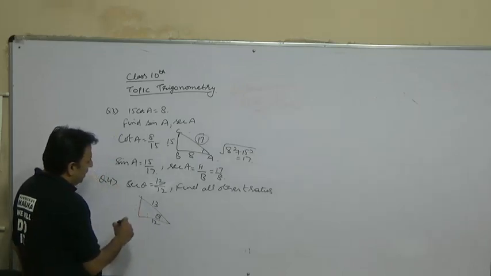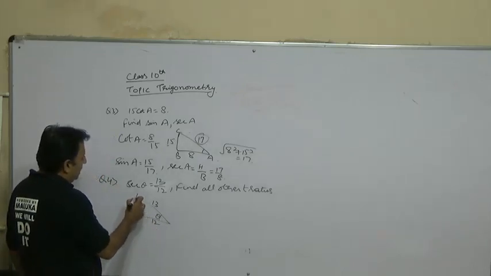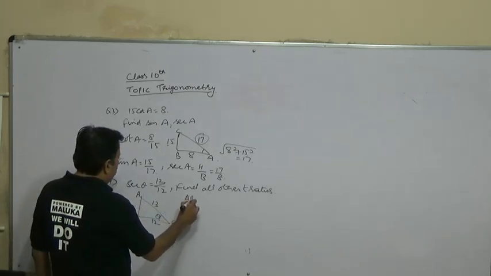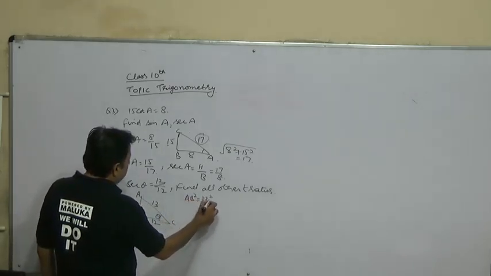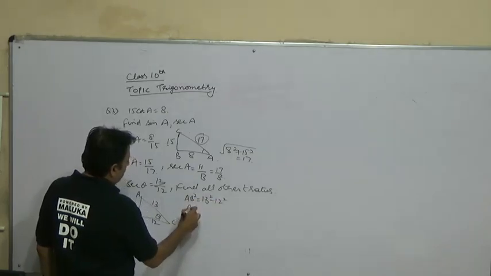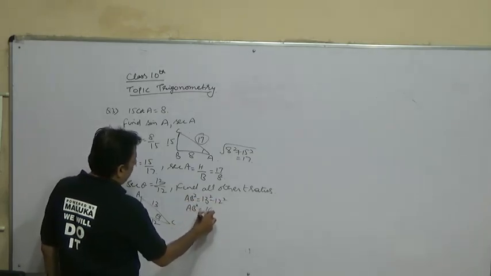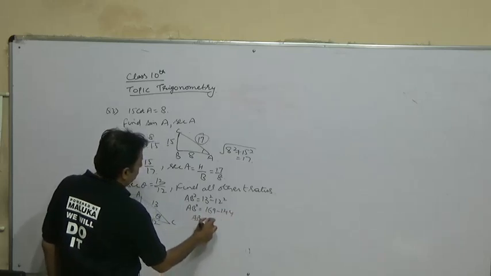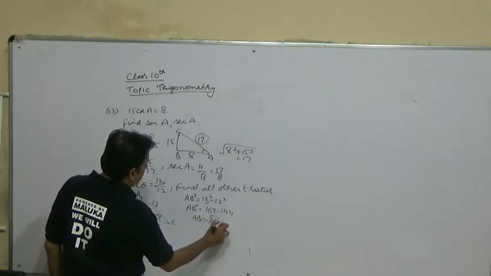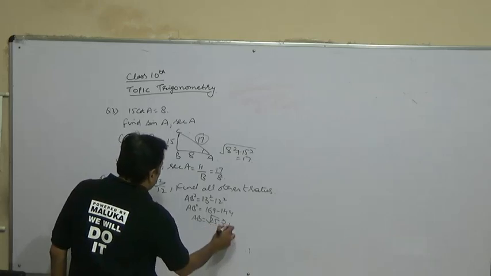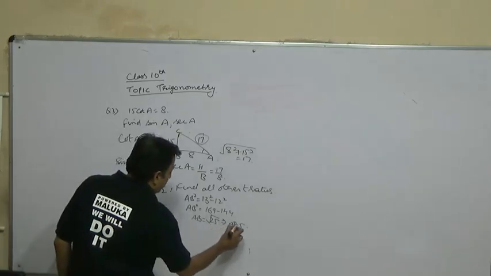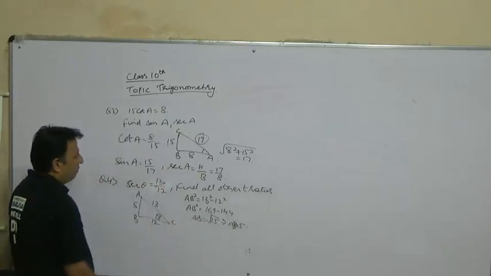अब थर्ड साइड निकालनी है. थर्ड साइड कैसे आएगी? फॉर एग्जाम्पल ए बी सी, सो ए बी स्क्वायर विल बी इक्वल टू 13 स्क्वायर माइनस 12 स्क्वायर. सो ए बी स्क्वायर विल बी इक्वल टू 169 माइनस 144. ए बी स्क्वायर इज इक्वल टू 25 रूट. So AB is equal to 5. So what will be the value for AB? This will be equal to 5.